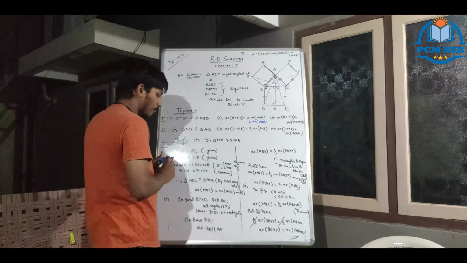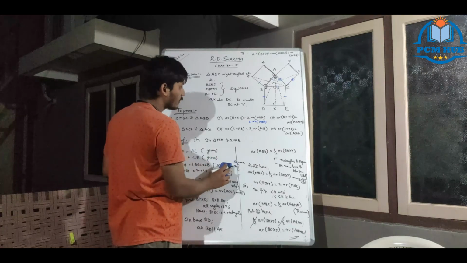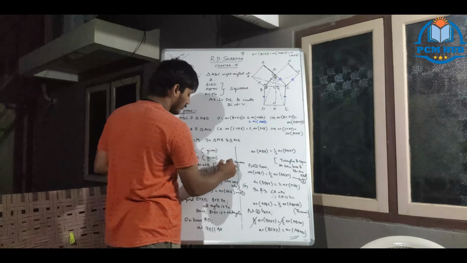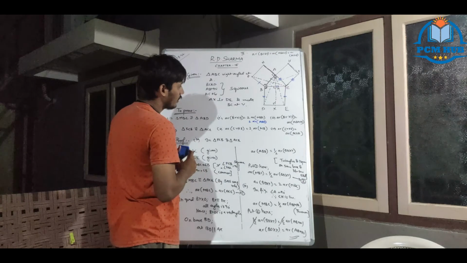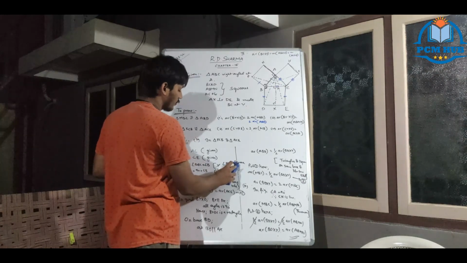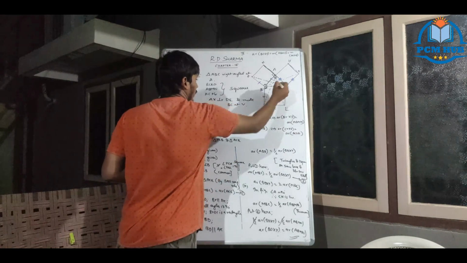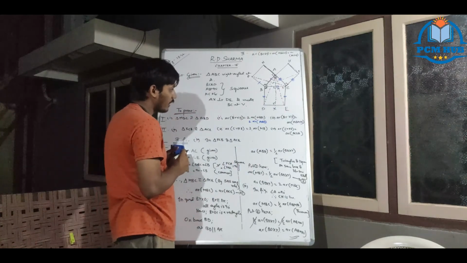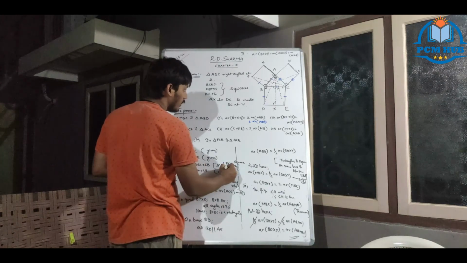I'm keeping on editing. Angle MBA के place में क्या आएगा? ACB. अच्छा FCB. FCB plus, not FCB, FCA. Yes. FCA, this is 90, this is 90. FCA plus angle CE. In the place of D, put E. ECB.